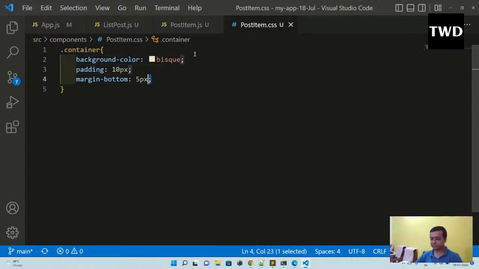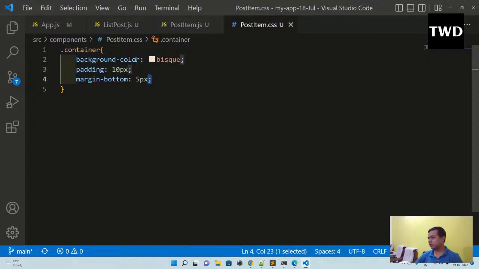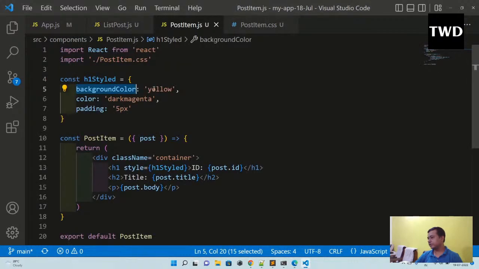Semicolon is there in CSS. Here there is no semicolon. If you add a semicolon, it will be an error. Other thing is that this is camel casing. See backgroundColor. Here in CSS, background-color with a dash is there. The other thing is that the right hand side is always in quotes,